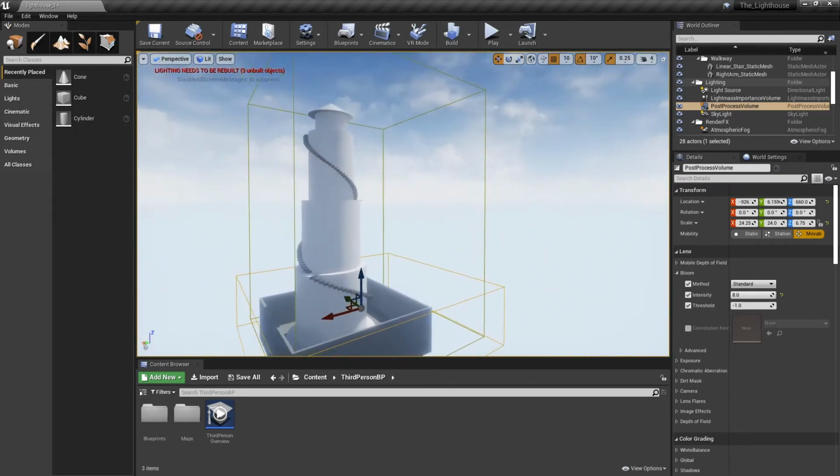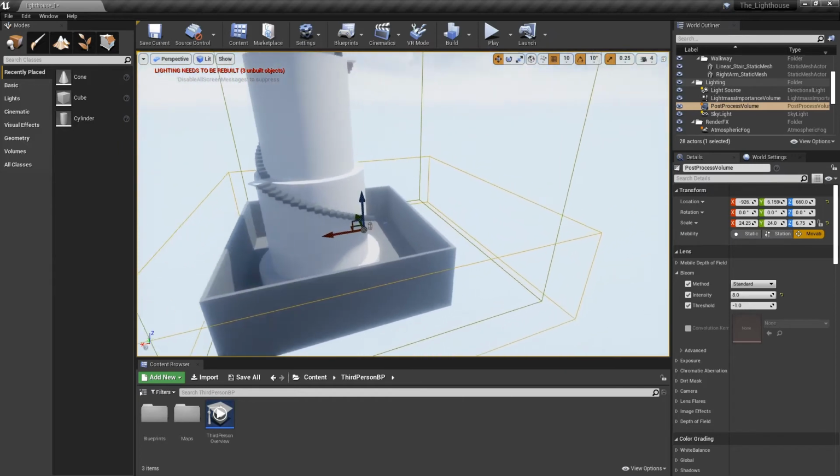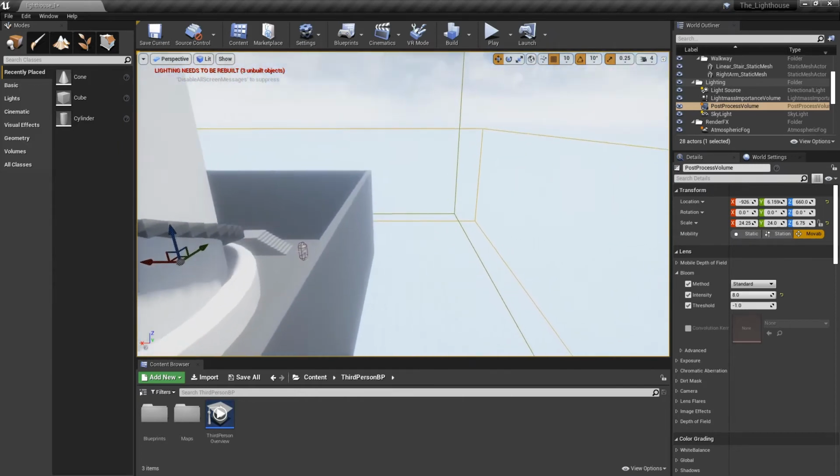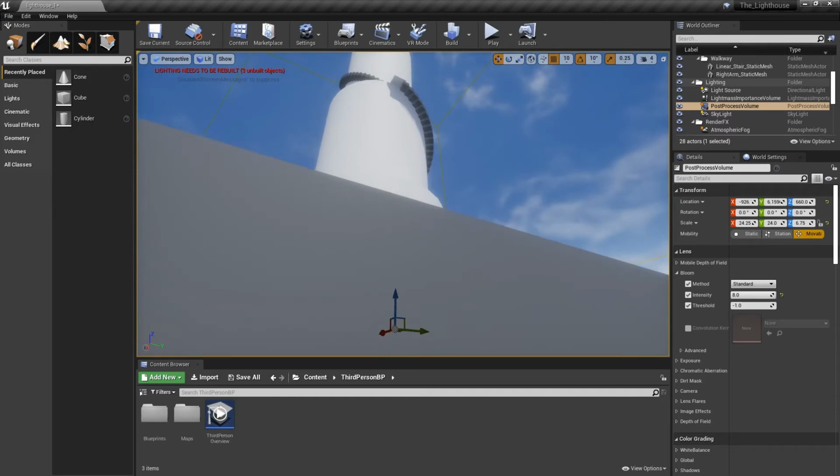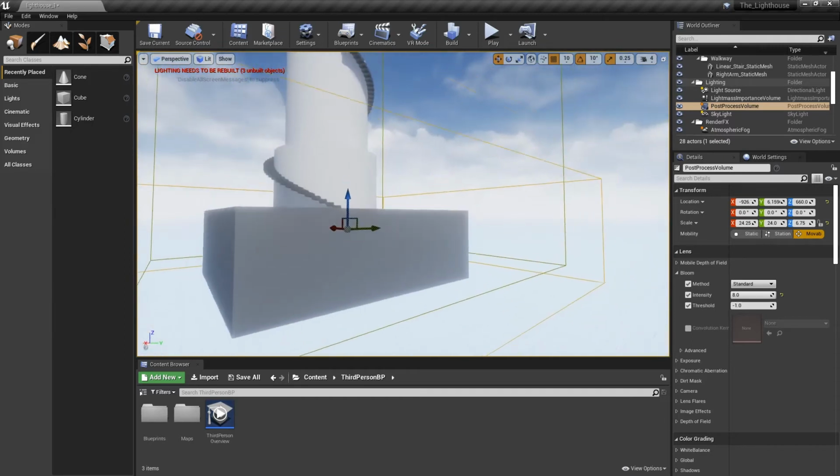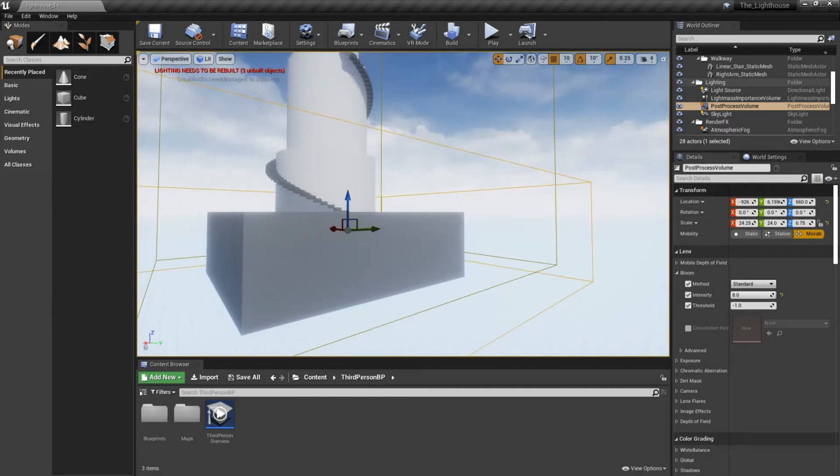well, nothing happens at the minute. That's weird. Something should happen, shouldn't it? It should be that I go into the box and it only happens in there. Well, let me just find,